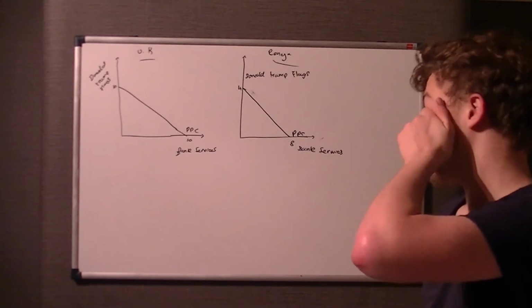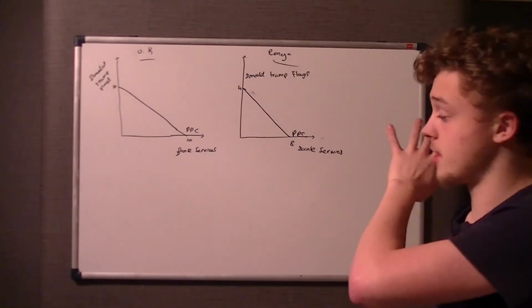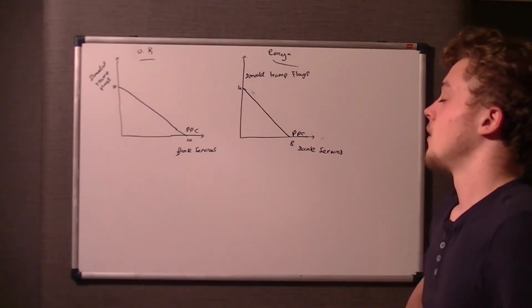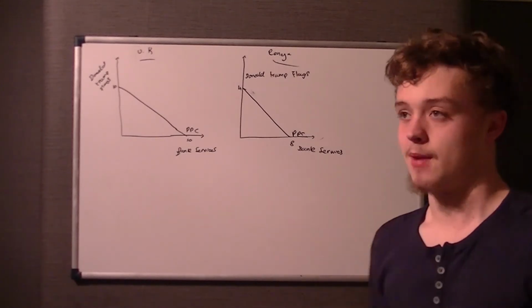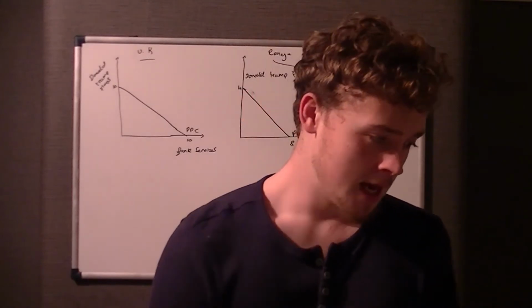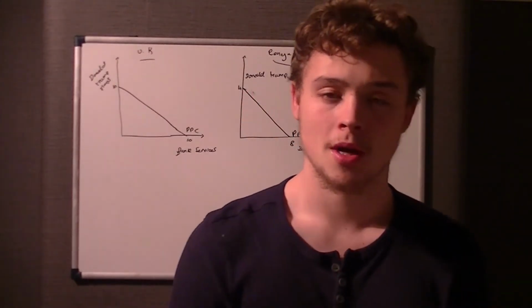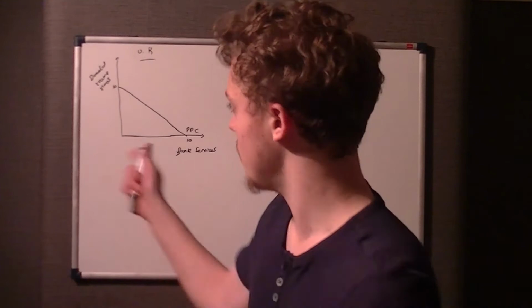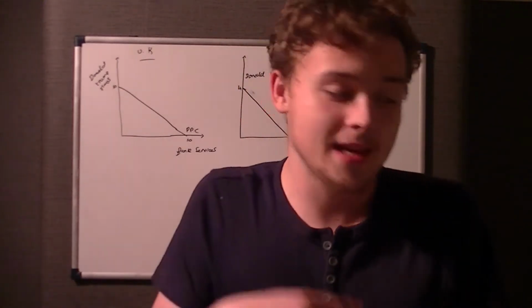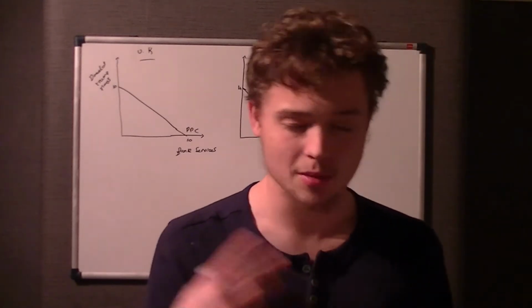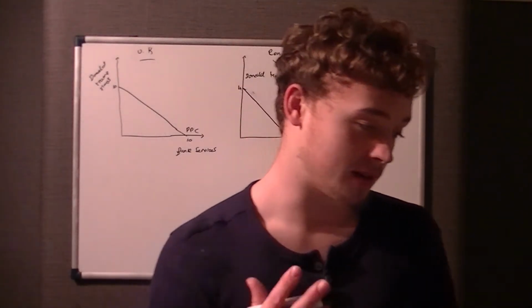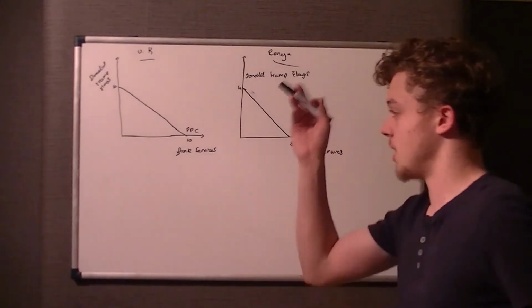Or actually not weather, forget that. Yeah, so if they have the same amount of factors of production, the UK can produce 10 and Kenya can produce 4. Now clearly the UK can produce more from the same amount of resources, therefore they're more efficient, so their unit costs are lower per Donald Trump flag, so therefore they can sell it at a lower price, hence being more internationally competitive. Now the key thing with all this is that they have an absolute advantage in Donald Trump flags